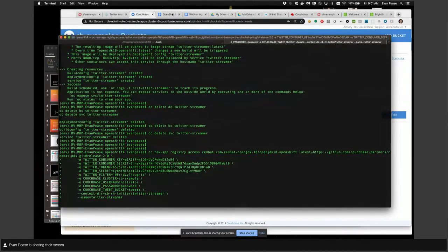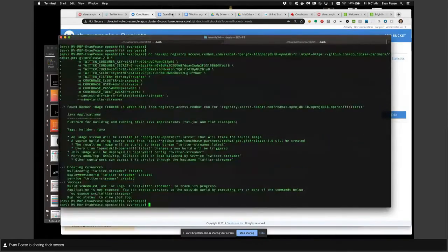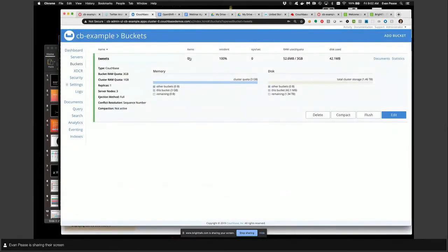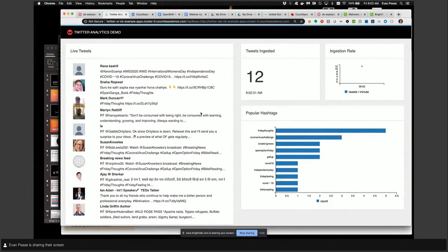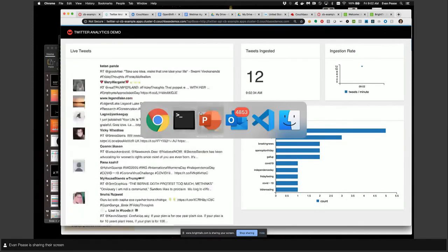It's just going to start ingesting data here for us in a second. Once that happens, you'll start seeing this item count increment as the data comes in. You'll also see this dashboard. This is the Twitter application I showed the screenshot of in the beginning. You start seeing this dashboard light up with some metrics and some of the live tweets coming in. Again, this is just so we have some data flowing in real time so that we can continue with the demo and show some operations in the background. So this will take a minute or two. The first thing I thought I would do is to show you how to scale the cluster. Oh, here we go. There's some data flowing in now. So let's go ahead and look at what the process looks like for scaling the cluster.